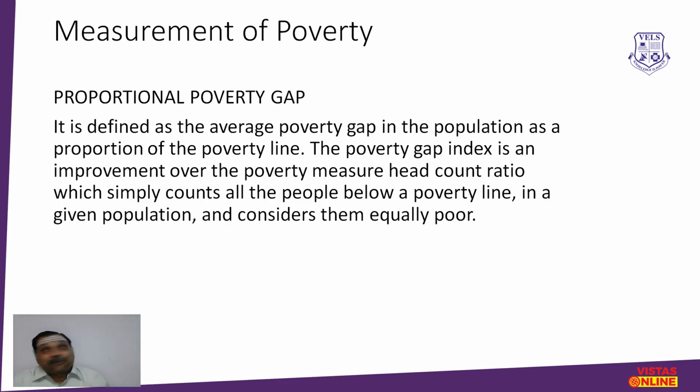And some people may have the income, but because of other things they come under poverty equally. They are poor even though they have the income because of lack of education and not being able to avail drinking water itself, and those who are sick are not able to work. All these people are also included in this particular proportional poverty gap.